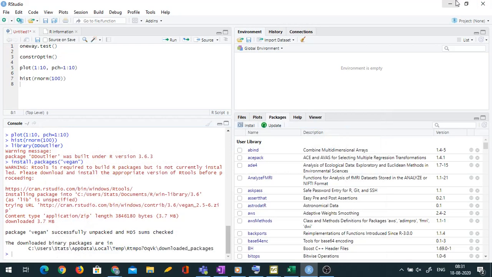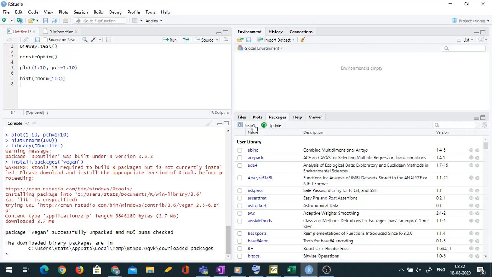Okay, so this is about installing a package in R. You can see here that the package was successfully unpacked and MD5 sums checked. However, if you want to use multiple packages, then manually installing them one by one may not be very tempting.